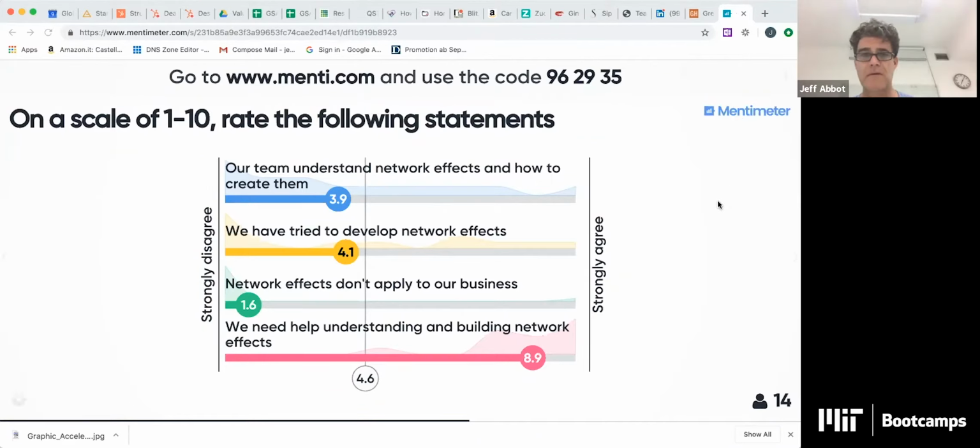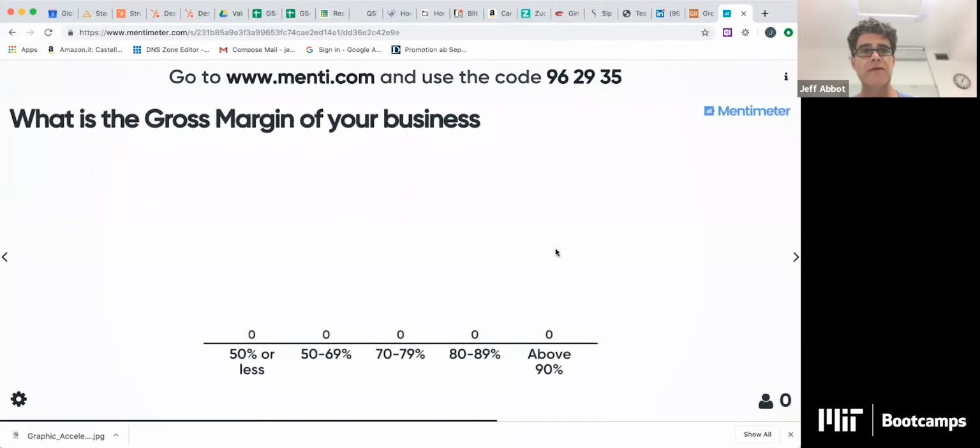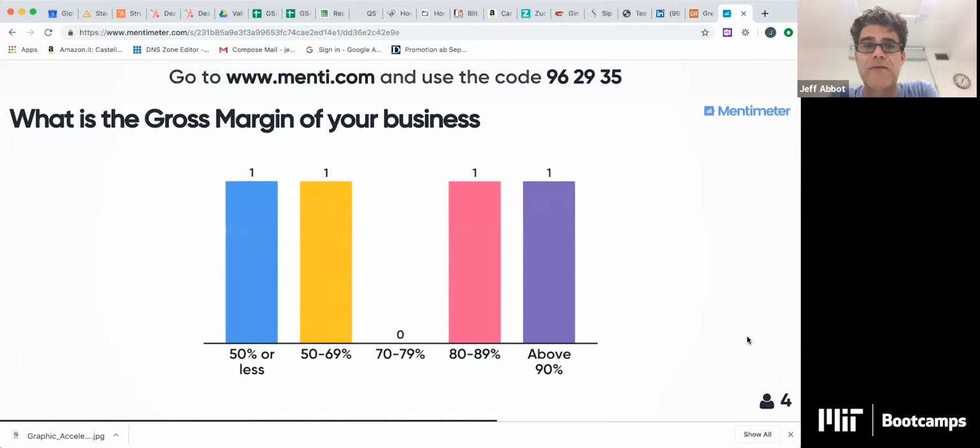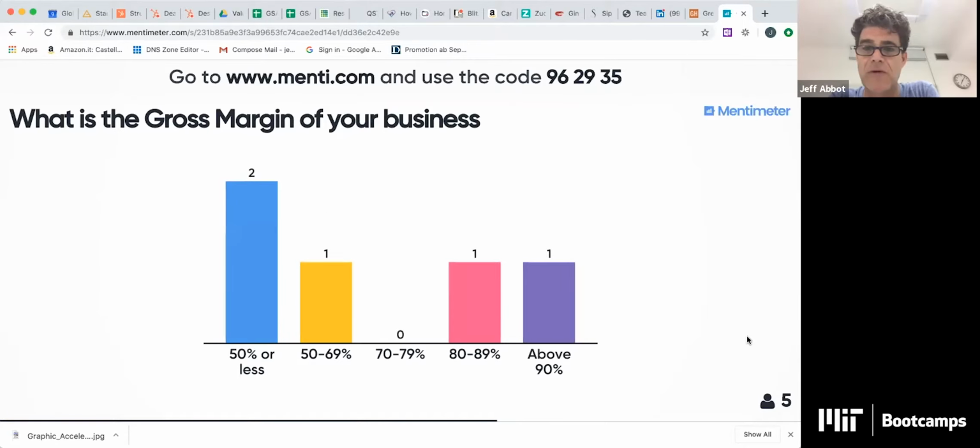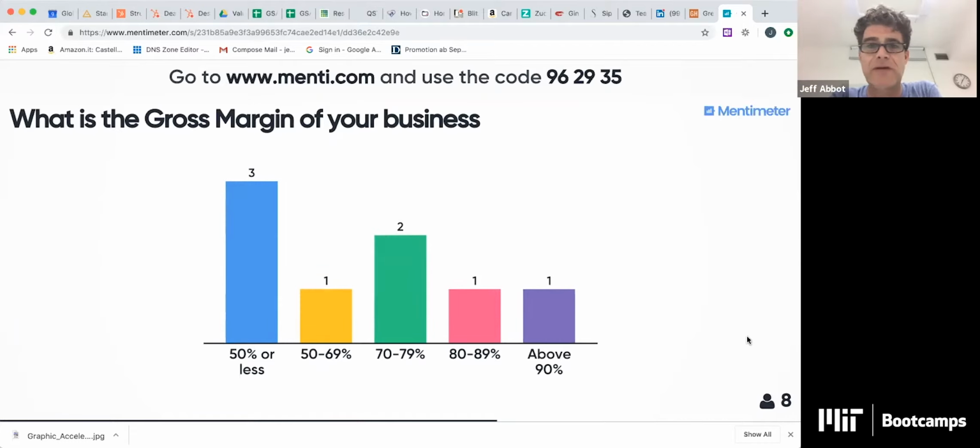Excellent. Thanks for the responses. So now we're moving on to the gross margin. How would you characterize the gross margin of your business? Remember that the gross margin is very important because it's what helps you cover the expenses of your business. It's also what helps you retain the necessary capital to fund your own growth. And what would be better than being able to fund your own growth and negotiate with private investors, when you needed them, on favorable terms?